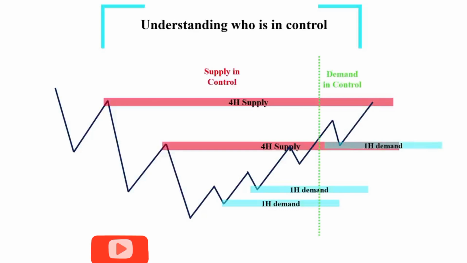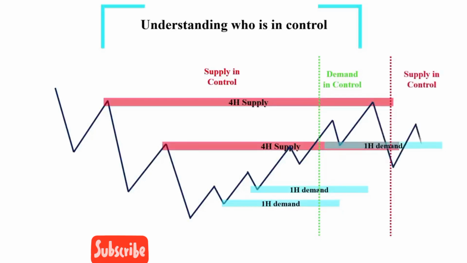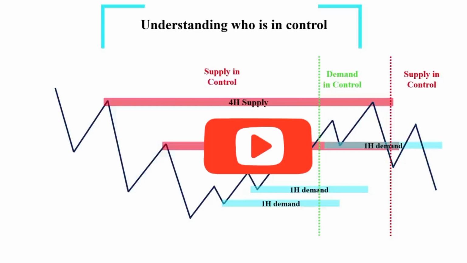And as long as we stay above the major demand zones, we have a bullish bias. But if we break the demand zone to the downside, we can establish uptrend is over and supply takes control. Now that you understand the concepts of a smart money trading system, it is time to